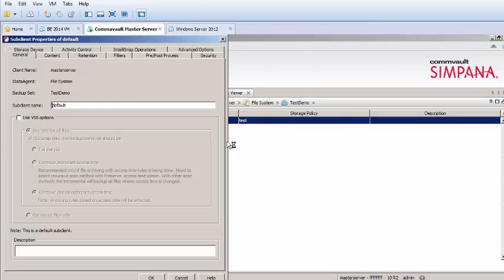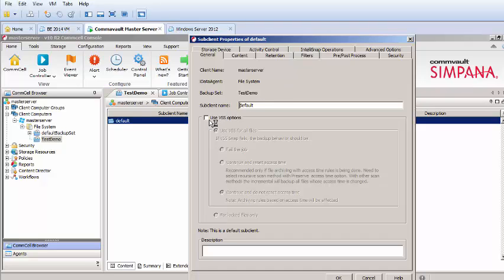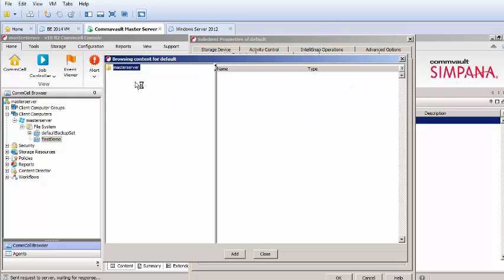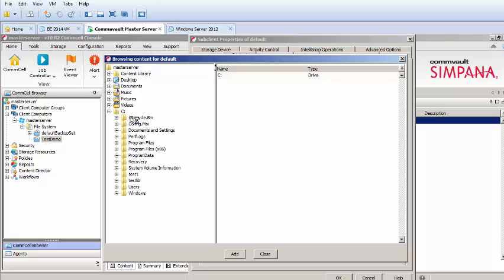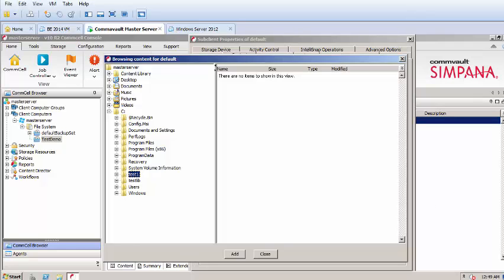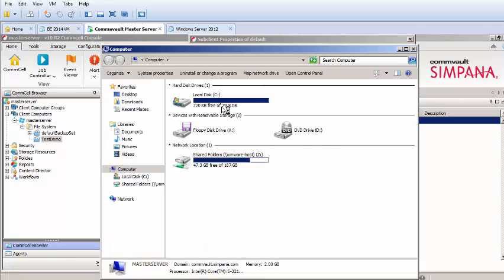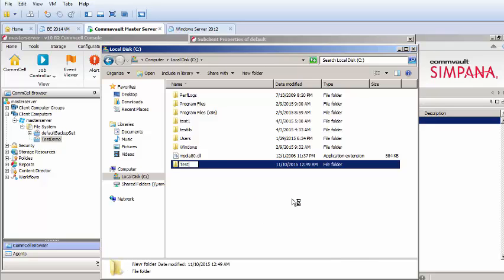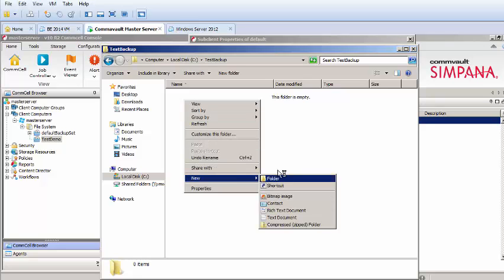It will pop up a new window with all the options for how exactly our backup job will run. So you can always use a VSS option, okay, take a snapshot, and choose what content I would like to browse. Let's see, under C drive, I'll create a test folder. Okay, test backup, and I will just create a